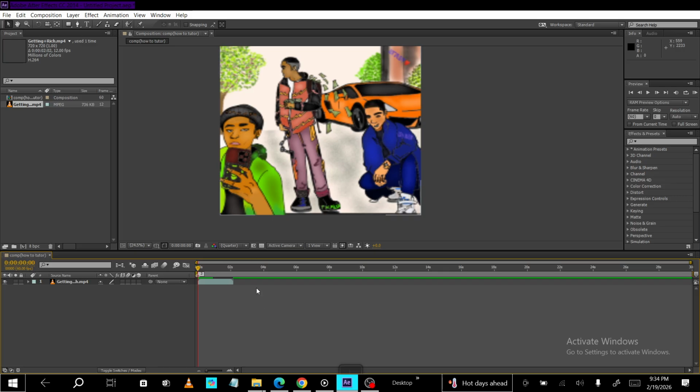So, to recap, you have 3 simple ways to control your timeline zoom. The zoom slider at the bottom of the panel for a visual hands-on approach, the Alt or Option plus mouse wheel shortcut for quick fluid changes, and the right-click time ruler options for precise controlled steps. Try each method and